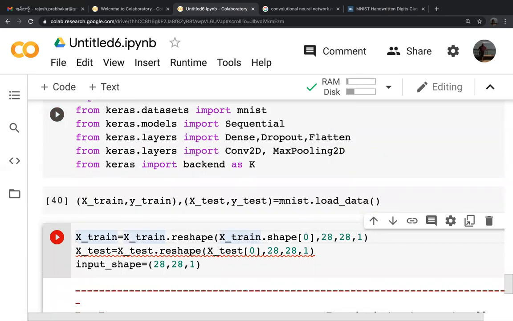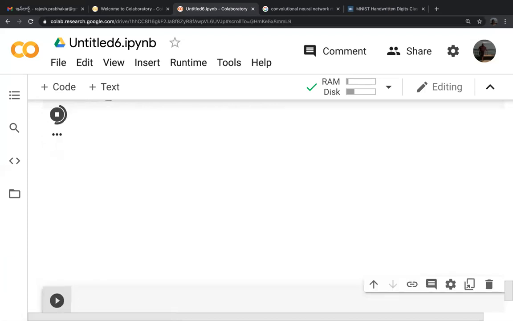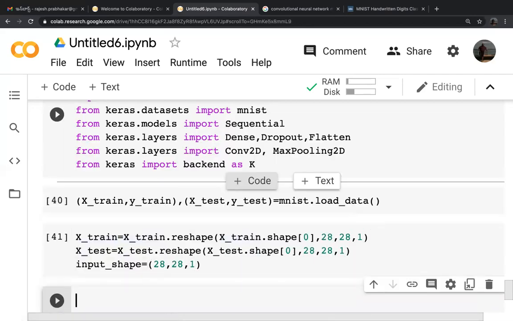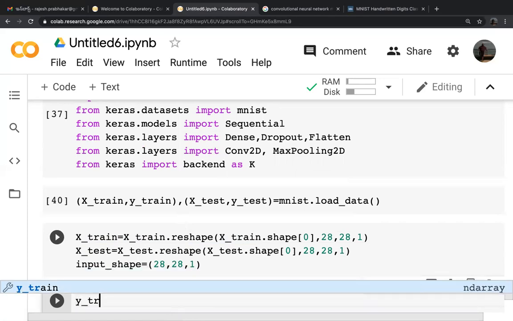X_train, Y_train, X_test, Y_test. Reshape, X_test.shape. I forgot shape here. That is the problem. See, I forgot the shape. X.shape is this. So we have converted it into 28 by 28 pixel. So we have to do the conversion of train also.